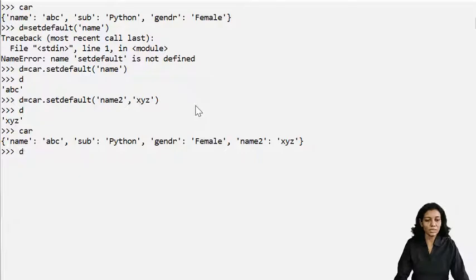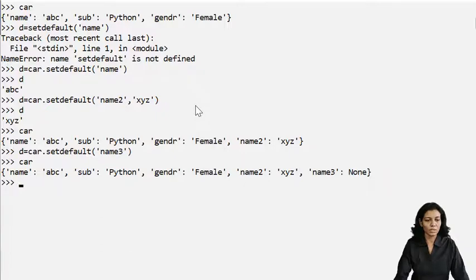But if the key is not present, that is name 3, and if you have not specified the corresponding value, then let us see how it is working. It will initialize with None. So that is how setdefault works.